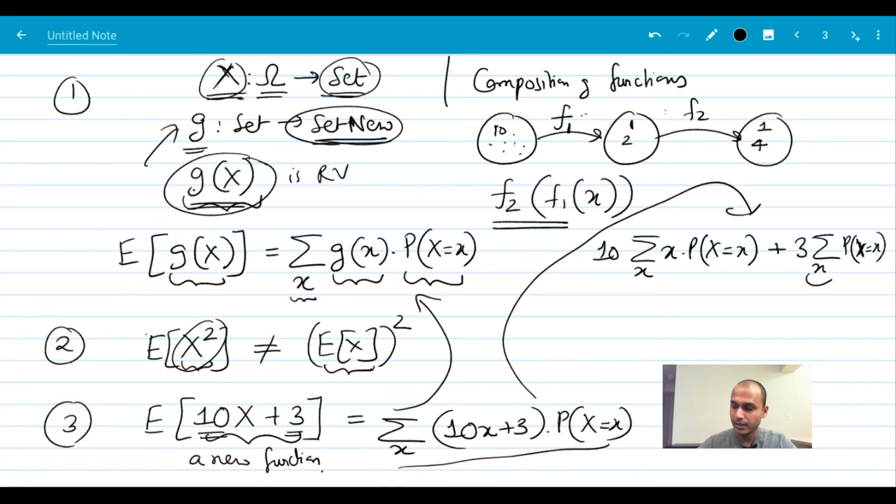Now this summation is equal to 1, and this summation is nothing but the expectation of x. So therefore, the expectation of 10x plus 3 is nothing but 10 times the expectation of x plus 3.